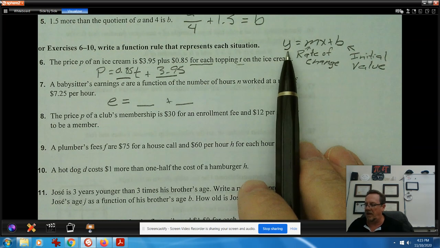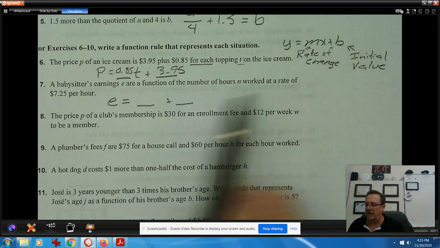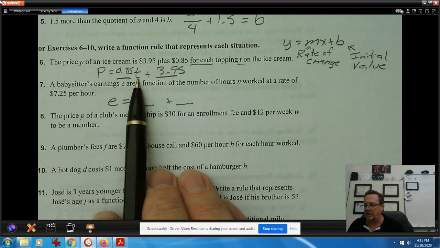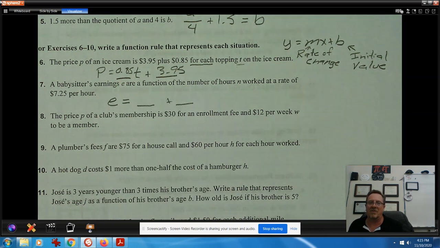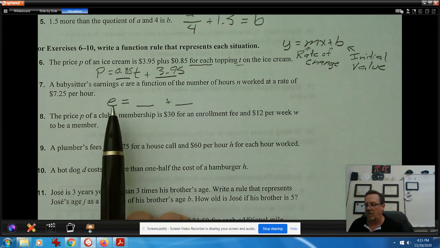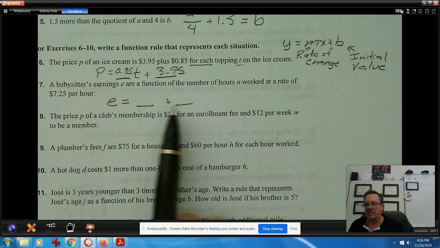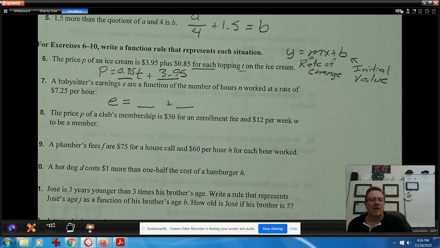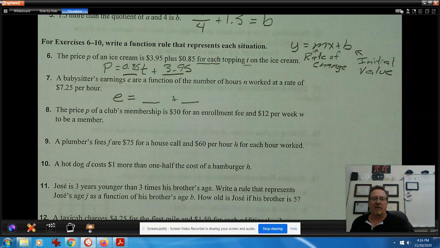It's like Y equals blank X plus blank. Okay, we're not always using Y and X, but we are going to use it like a template. Y equals blank X plus blank, right? Okay, so the babysitter's earnings, E, are a function of the number of hours N worked at a rate of